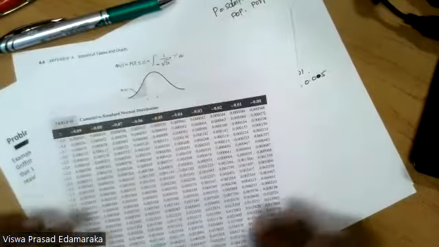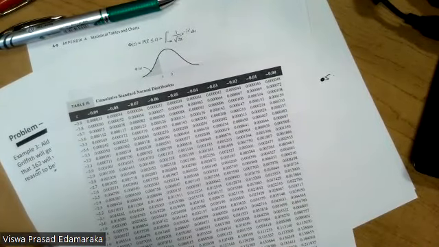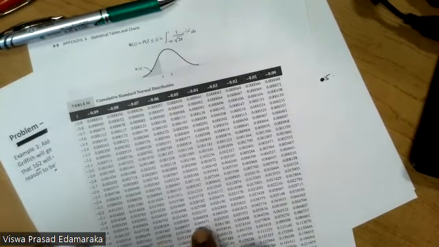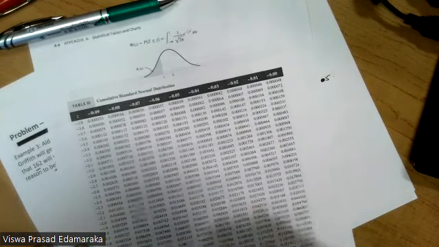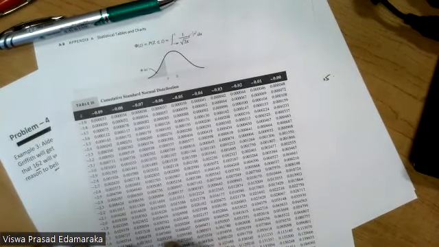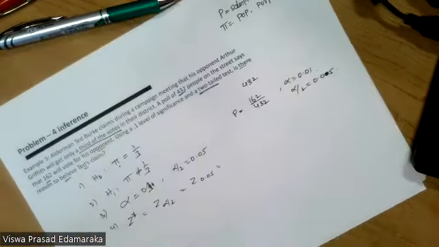Let's see the negative table, 0.005 value, somewhere around here, about 1.64,